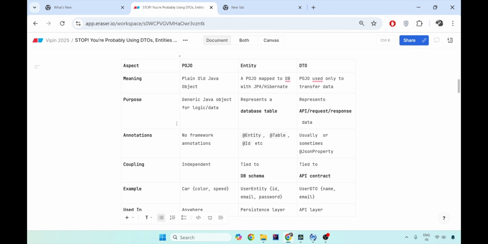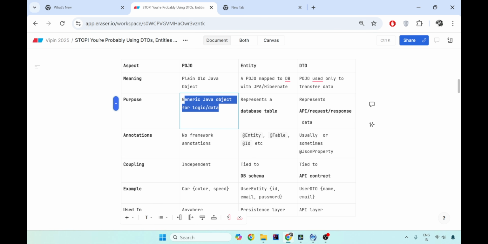So let's see a quick difference between them. A POJO is a plain Java object, while an entity is mapped to the database. A DTO is only for data transfer. This is a generic logic given in a POJO, while the entity represents the exact table, while the DTO represents the exact request and response coming from the client to you, and you giving the response to them. So this is the proper reason why an entity is a complete replication of the table for you, while a DTO is a complete replication of the request and response coming in and out of your system. A POJO is just a generic one. It has nothing to do with either the database or the client.